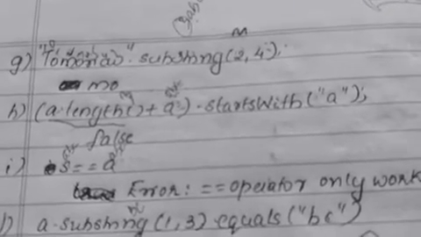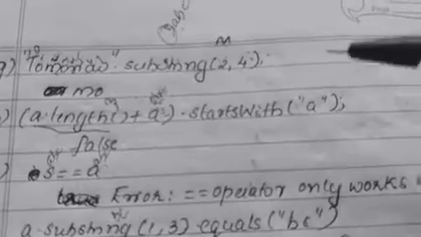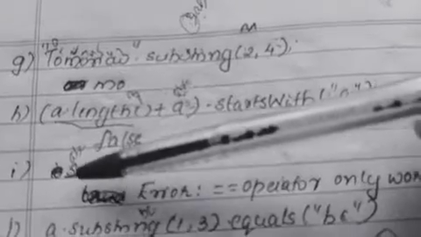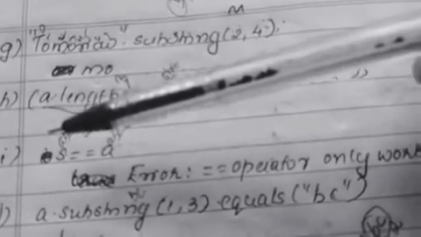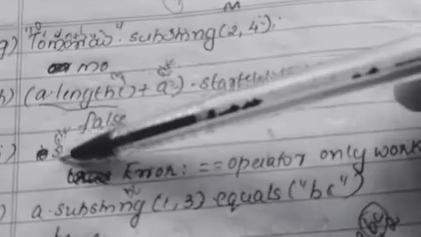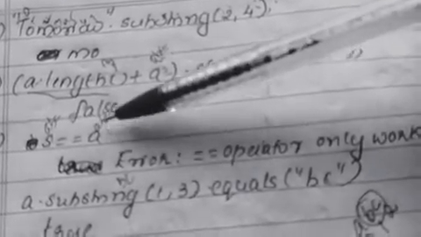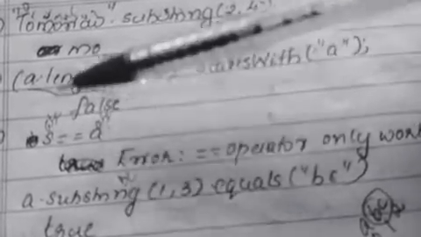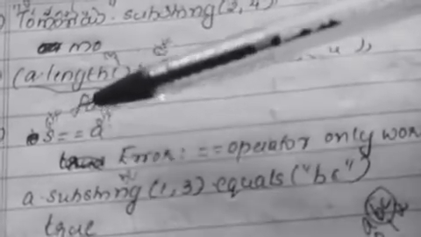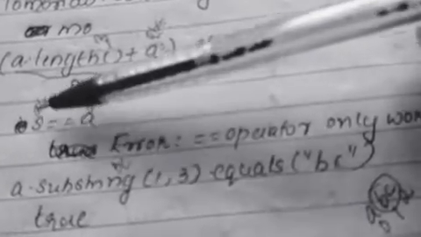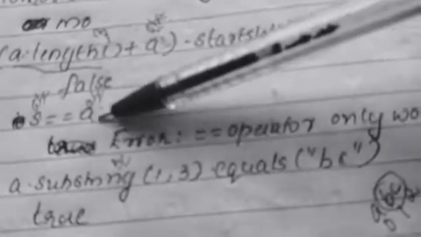Next one is s == a. Here we know the value in string s: s = a. Already we know that a has the value abc, so the value in s is also abc. abc double equal to abc. When this type of question comes, students automatically make mistakes, so listen to the question clearly. Here you can see abc equal to abc. Don't write true. The result is error. The value in a is also abc, so abc equal to abc, like that you people may think.